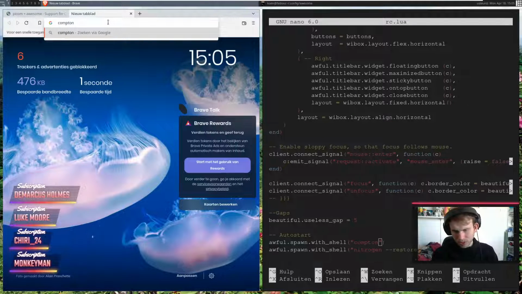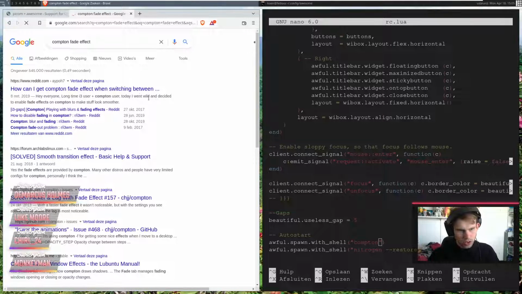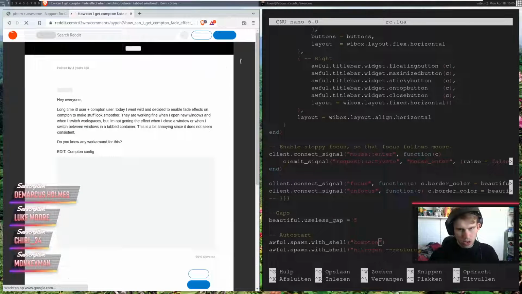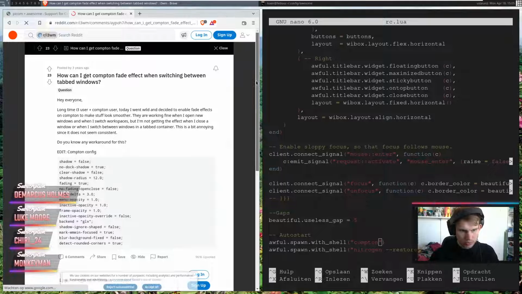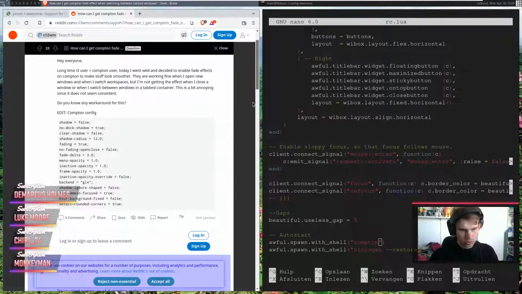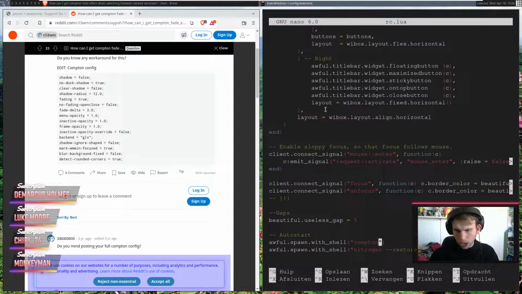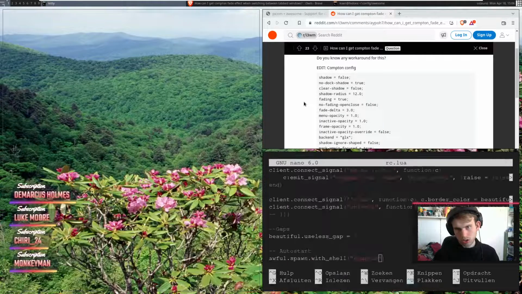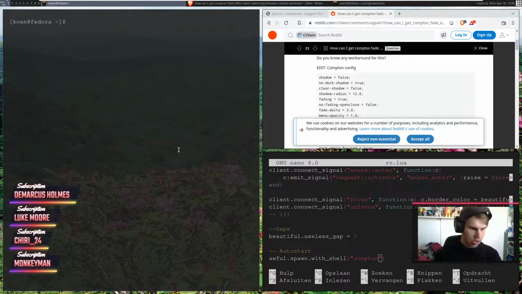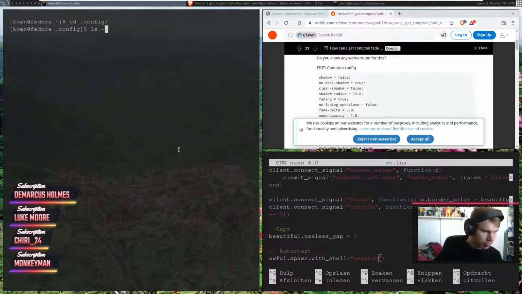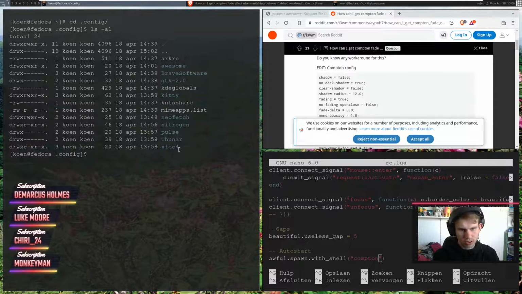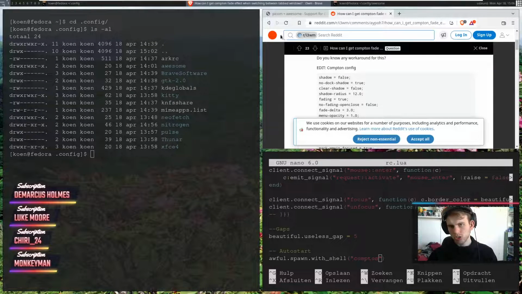Compton fade effects. Oh, where can I find the Compton config? cd .config isn't in here by any chance? There is no Compton config in here.